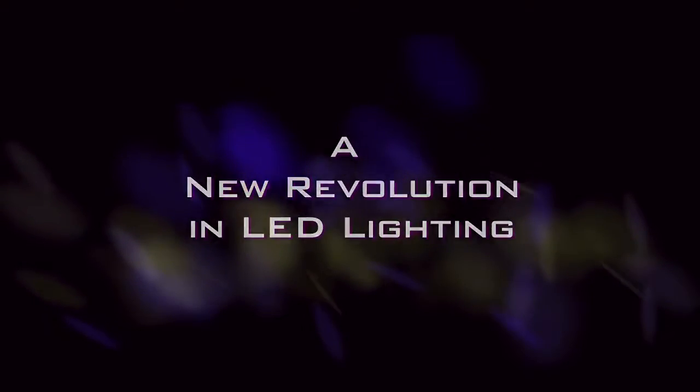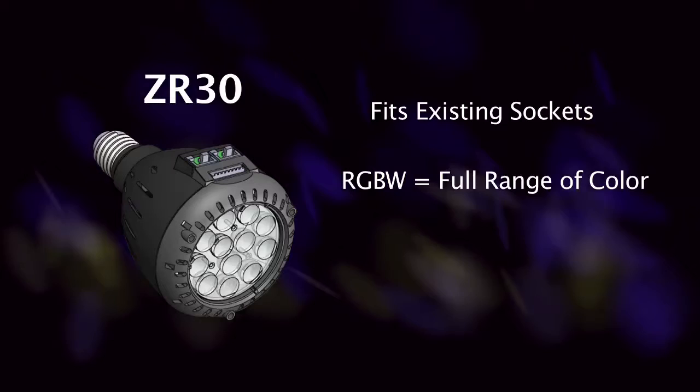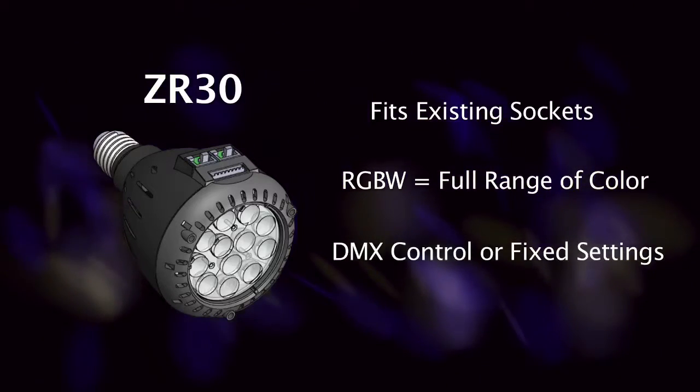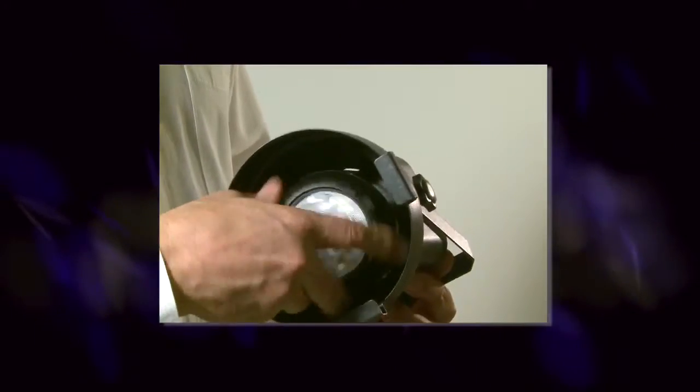Introducing a new revolution in LED lighting. Today, we're going to show you how to install a ZR30 into a Par 38 can. The ZR30 is a revolutionary lighting instrument that has a wide color gamut and simply screws into a conventional Edison